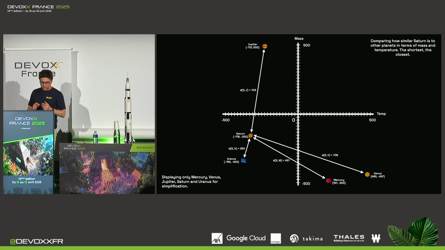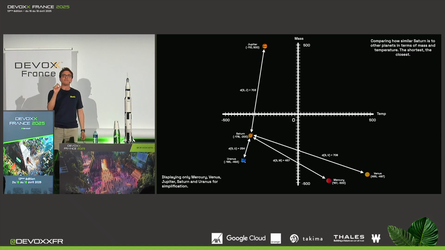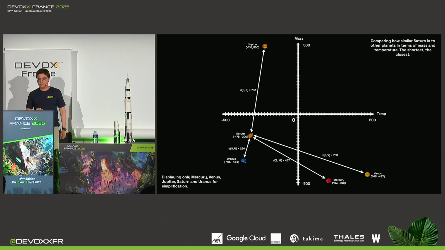Okay, so you can see that Uranus is the most similar planet to Saturn in terms of temperature and mass, because this is the closest to Saturn in this dimensional space right here, while Jupiter and Venus are the ones that are the furthest, meaning that they are the least similar ones to Saturn. All right, but that's not the only way we can actually calculate the distance among vectors in a vector dimensional space. Another way of doing that is by calculating the cosine